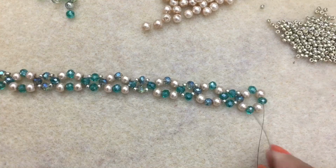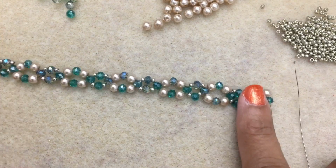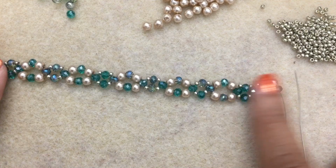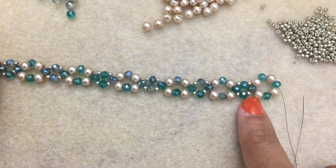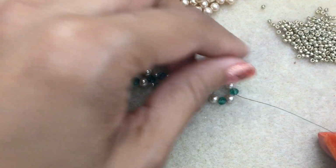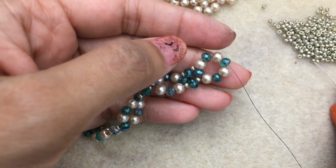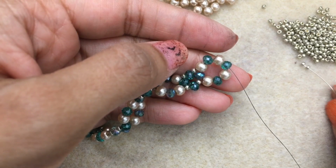If you find that maybe it's a little too small, you could always cut out the set and then add more jump rings and use a bigger clasp. I mean, you could play around with it to keep the balance in the design, basically. So what you're going to do, just like we did before on the other side, is you're going to pick up 5 11s